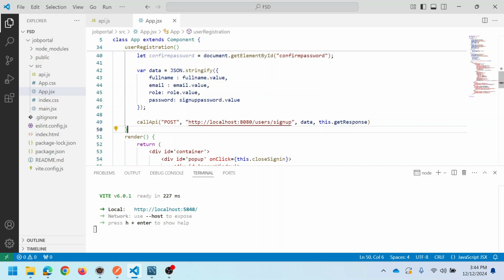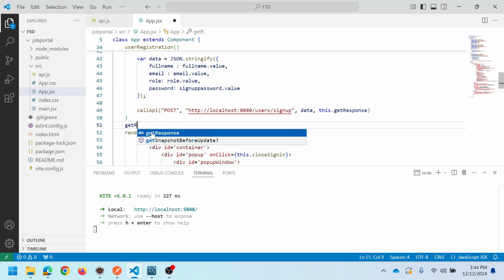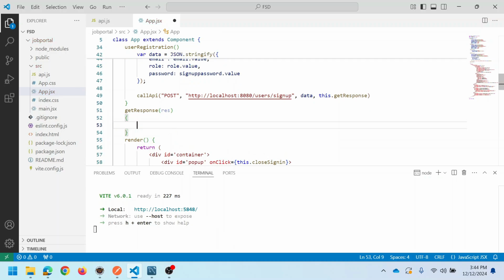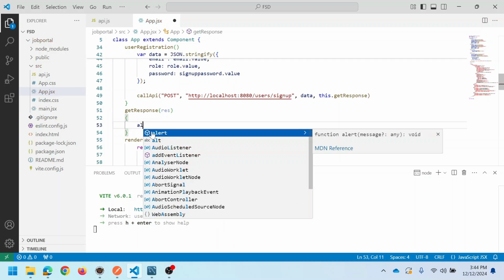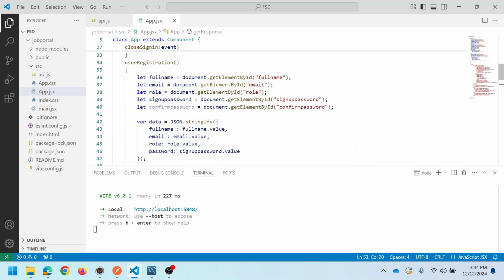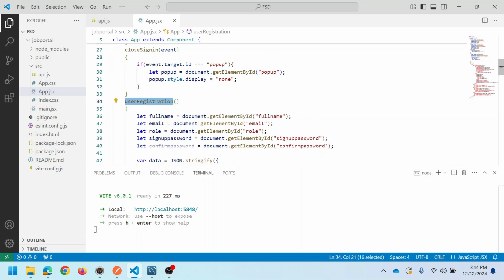Then create a function with that name, get response, with a parameter. Inside we can handle the response. I just display the response by using an alert. So later we can modify the method get response. Then after, you need to call this function if the user clicks on the register button in the sign up